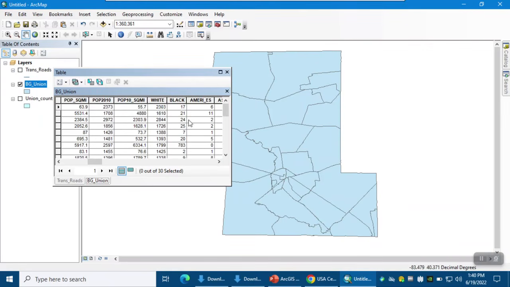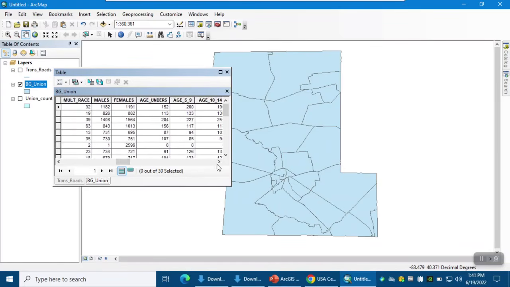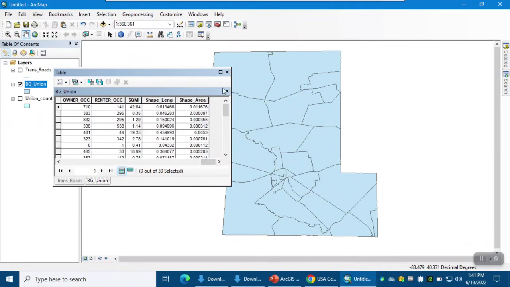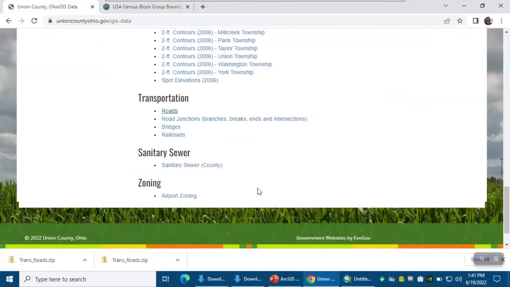population of each of these block groups for different races, different genders, different age groups, and so on. Okay, so I'm going to use this one for our analysis. Okay, so from the website of Union County, another